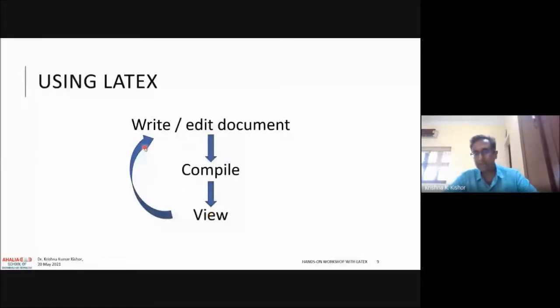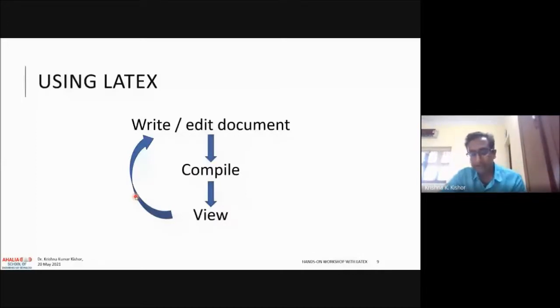This is a part where this three-step process is typically not there when you're doing Word and things like that, right? So this is the part where people sort of get discouraged as well. For people who are familiar with computer programming, this may not be a big issue, because when you're writing a C++ program or something like that, you always have a compile stage and then an executable stage. So it's not a problem for them, but maybe people in other fields, maybe in the basic sciences, or people who are not so familiar with computer programming, this might sound challenging, but it's really not. I'll show you today why it is not challenging as well.